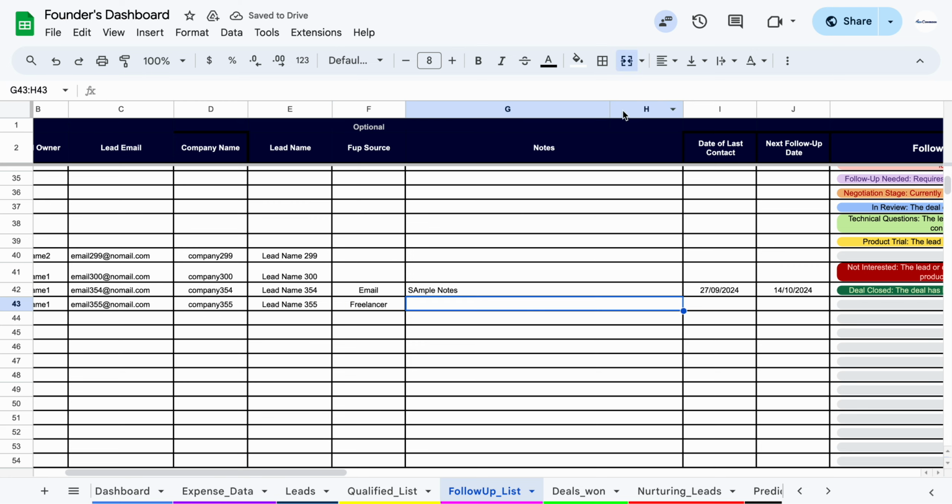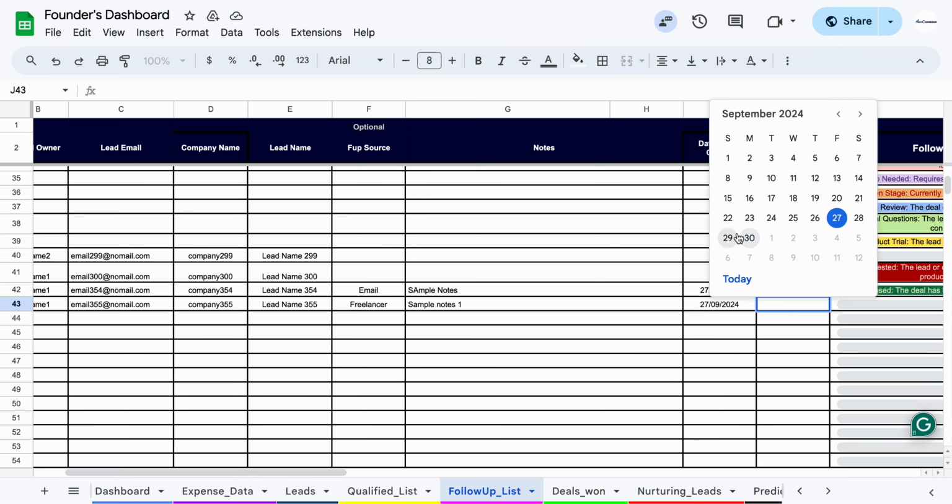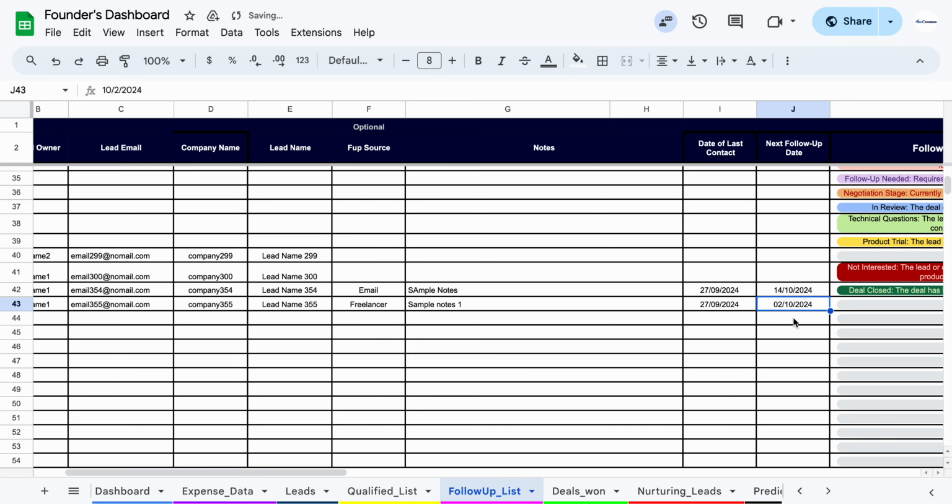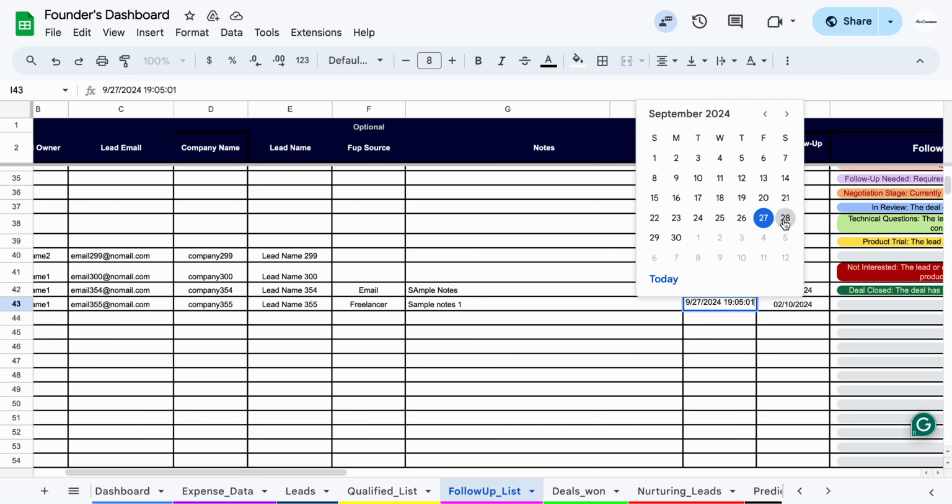And we have merged G and H so that you can mention some additional notes. So I'm mentioning sample notes 1. Once I click enter here, the date will get updated here, and I can also mention the next follow-up date. In order to get next follow-up dates, you just have to double click here. You don't need to do anything, and you can just mention whenever the next follow-up you have selected. For example, 2nd of October, and if we are getting closer to that, for example,